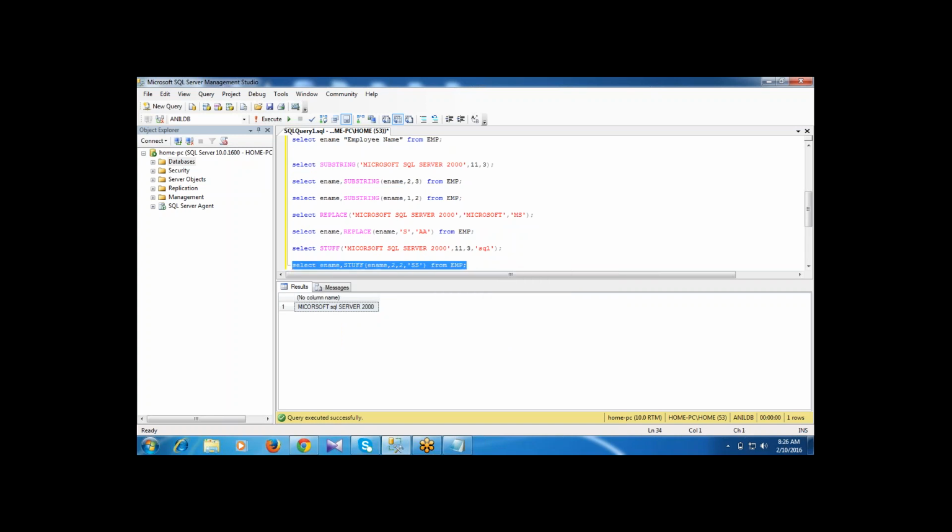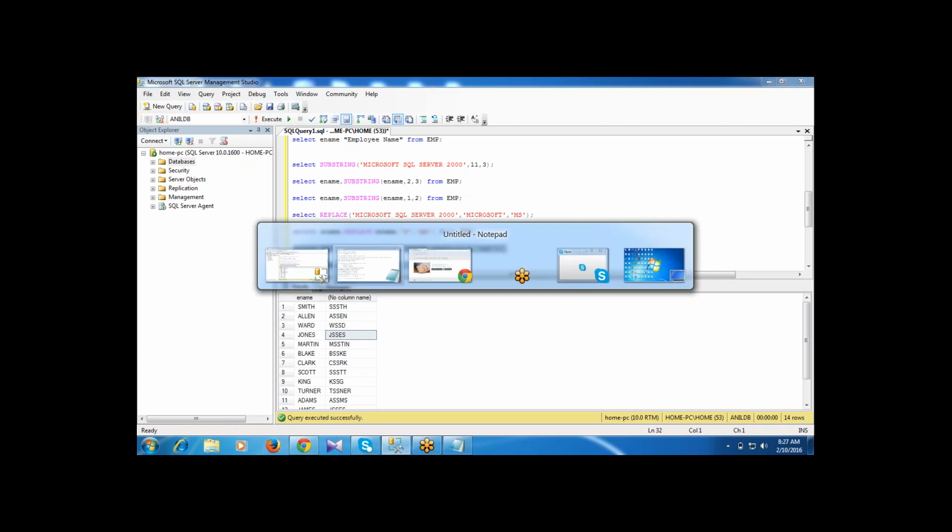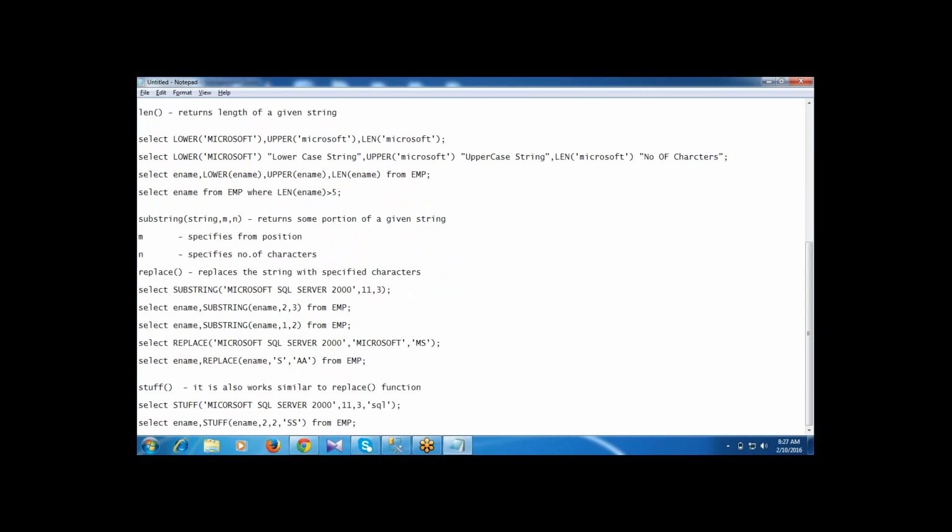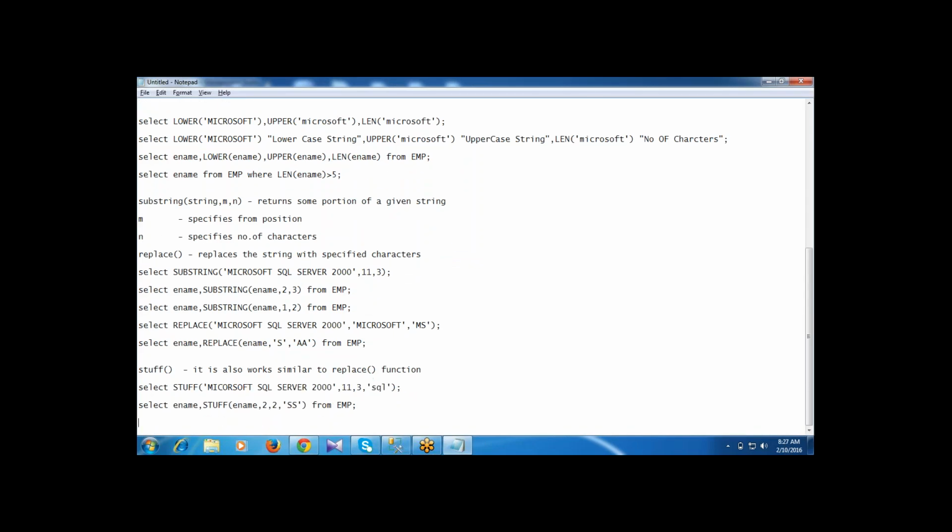From the table name, SS. Right? Got it? Stuff function is clear, right? Mahesh? Yeah, Reena.